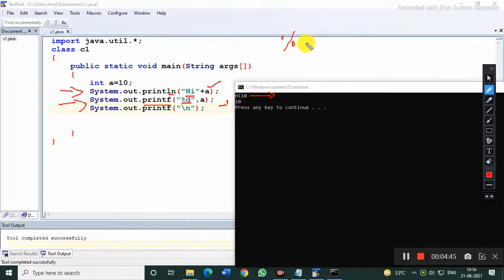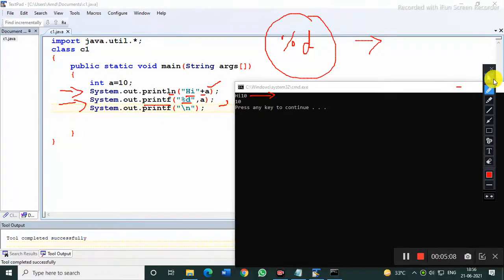Basically, %d is a conversion character used to print integer values. We are putting a comma only. This is the difference: here we were putting a plus sign, the concatenation symbol, and here we are putting a comma.